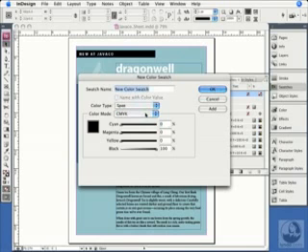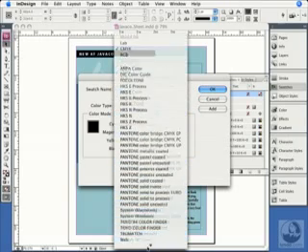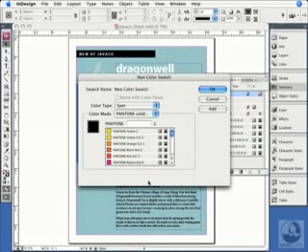If I want a color from the Pantone swatch books, I can pull it out of the Color Mode pop-up menu here. For example, I'll grab one of these Pantone solid-coated swatches, and you'll see that it quickly opens up the library and lists all those colors for me. If there's a particular color I'm looking for, perhaps Pantone 286, I can simply type it in here, 286, and it jumps right to that Pantone color.